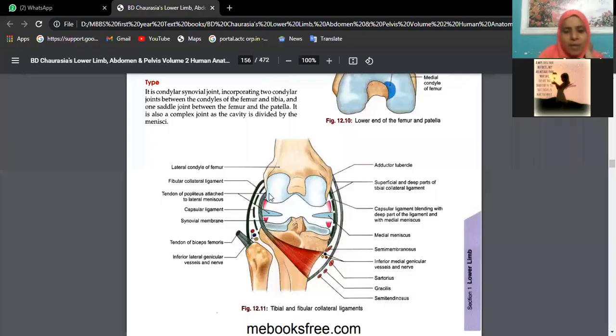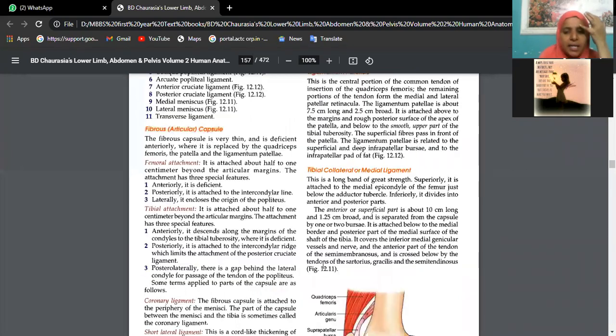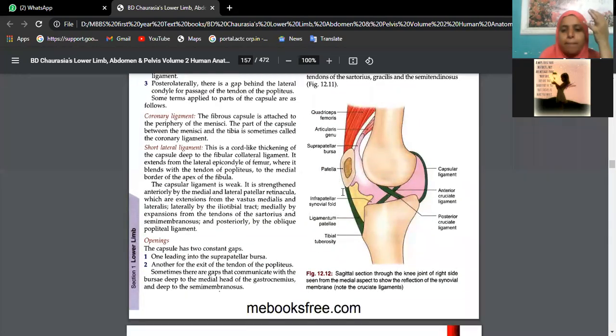So we have discussed the type of joint, and just now I told you about the capsular attachments, medial and lateral ligament, and also about the meniscus. Once you know this, see what are the other ligaments. Now see the other ligament you can see anteriorly, which is called ligamentum patellae. So from the patella till the tibial tuberosity anteriorly, you will see ligamentum patellae. And of course, patella is a sesamoid bone which is formed in the tendon of quadriceps femoris.